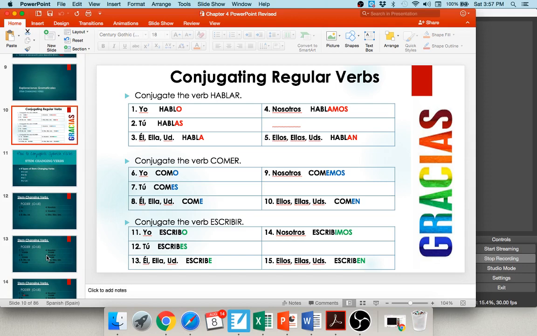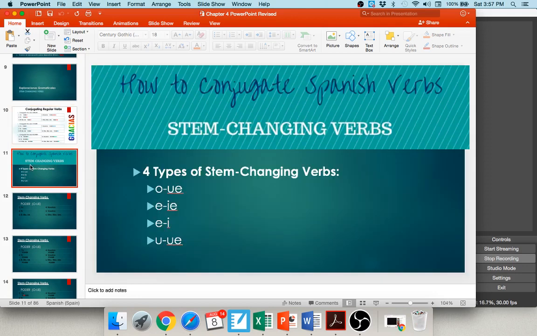So first, before we do that, I want to remind you just how these work. Remember the verb hablar. We're chopping off that AR and adding back O, as, a, amos, áis, and an. For comer, we're chopping off your ER and adding back O, es, e, emos, éis, and en. And for an IR verb, we're chopping off the IR and adding back O, es, e, imos, ís, en. You should feel pretty comfortable with those after having spent some time in the past 3 chapters. With stem changing verbs, it's just slightly different.